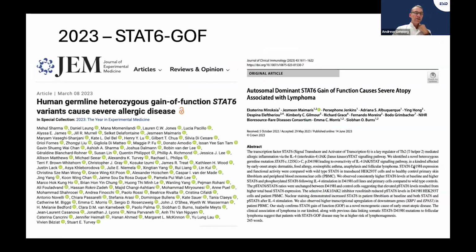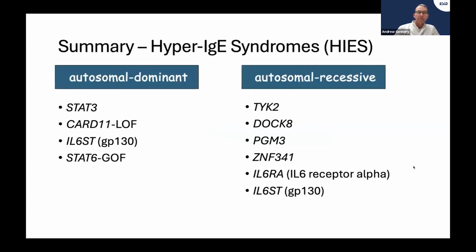And finally, we will hear today about STAT6 gain-of-function mutations. So this is why I'm only showing you the two papers, in case you want to take a picture of them. So in summary, there are autosomal dominant causes of hyper-IgE syndrome,